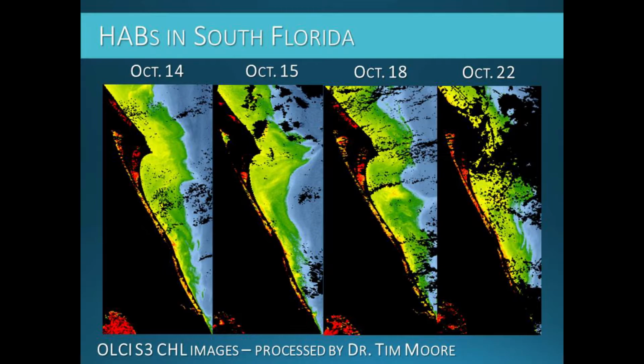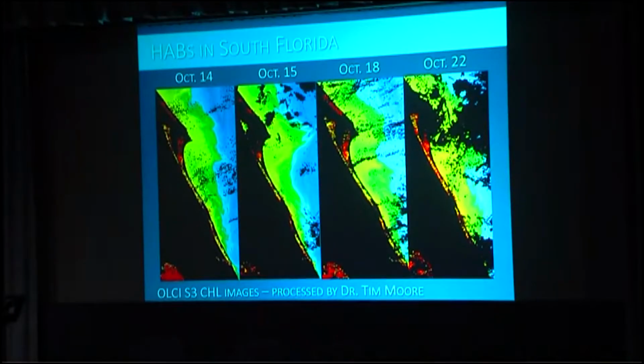And you can see, here's this blob here. Oh, it wasn't so bad. Just a day later, and this is the patchiness you're getting. I mean, some of you have probably noticed you'll go down one day, it won't be that bad. You go back the next day, all of a sudden you're coughing again. So it's kind of moving around, and it's kind of at the whim of the winds and how the currents